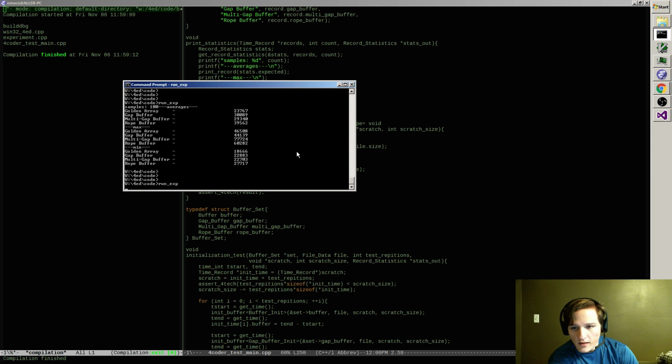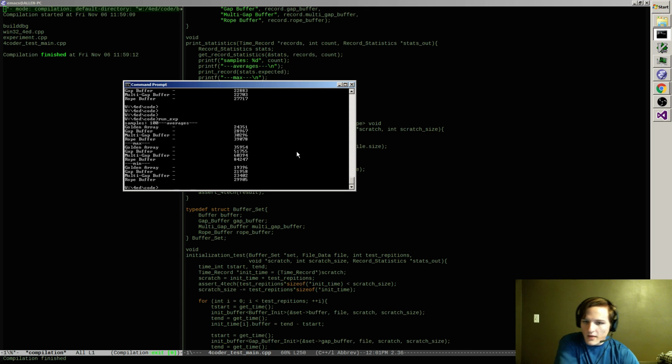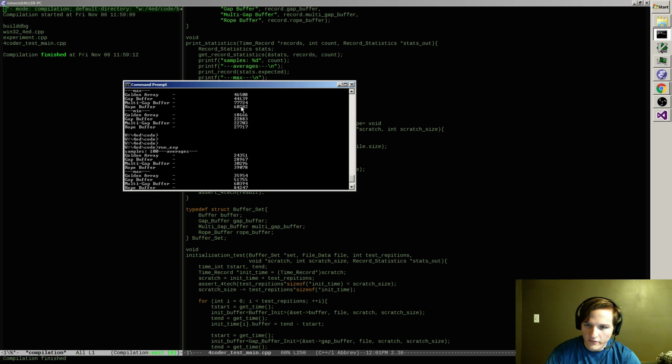You can see that the worst time for the golden array was actually worse than the worst time for the gap buffer. So I'm not sure how interesting max really is. Max sort of seems to be more of a measure of variability, right? It shows how much variableness there is because it randomly spikes upwards. Yep. So that time everything sort of flip-flopped, and now this guy has the lowest max, which he didn't have before.